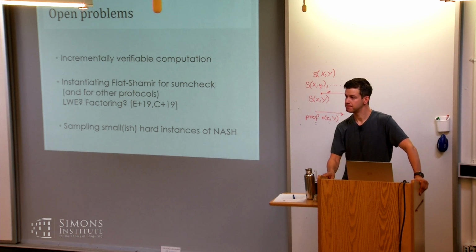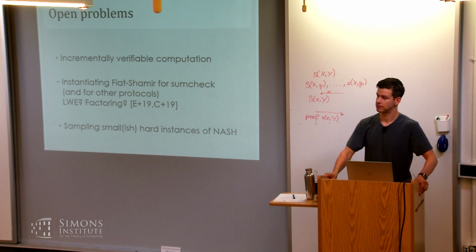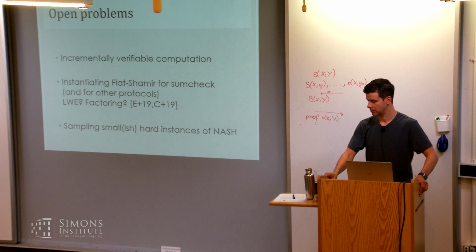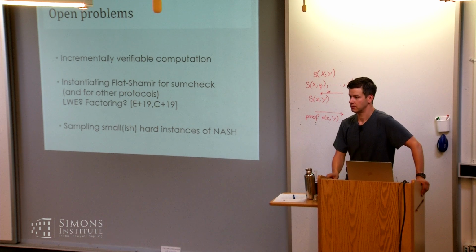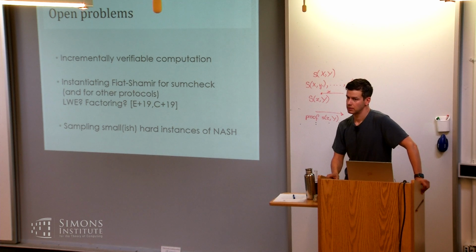I think a lot of what this line of research is about is getting more concrete evidence for hardness of Nash, and maybe for practically, heuristically understanding the security of snarks. Then we're okay with knowledge assumptions and we're okay with Fiat-Shamir heuristics, but here it's not clear that snarks will give you maybe an alternative assumption, but maybe not a good assumption to base on. Conversely, this unambiguous property is inherited by the reduction, right? But one could maybe think of, is there any hope to get rid of it? And so I think that's a great